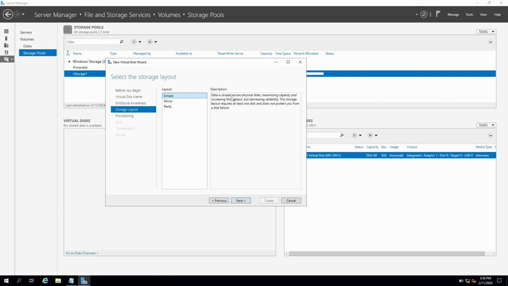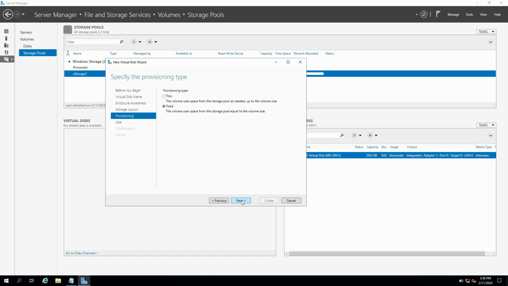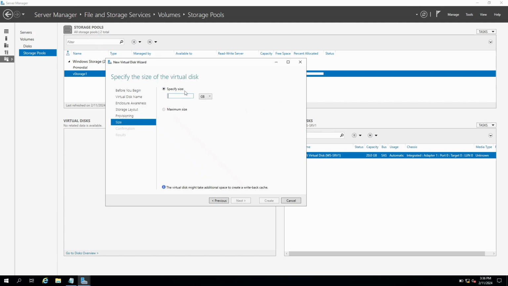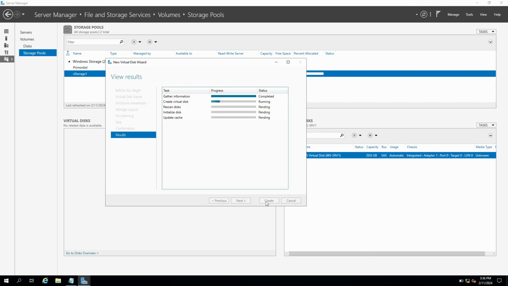This will be the data striped across physical disks. Mirror will be RAID 1, and then parity will be RAID 5. Next, thin provisioning, also this will be the most used in the production field. Thin. Next, then I will specify the size, so I need to create 10 gig. Next, and then Create,